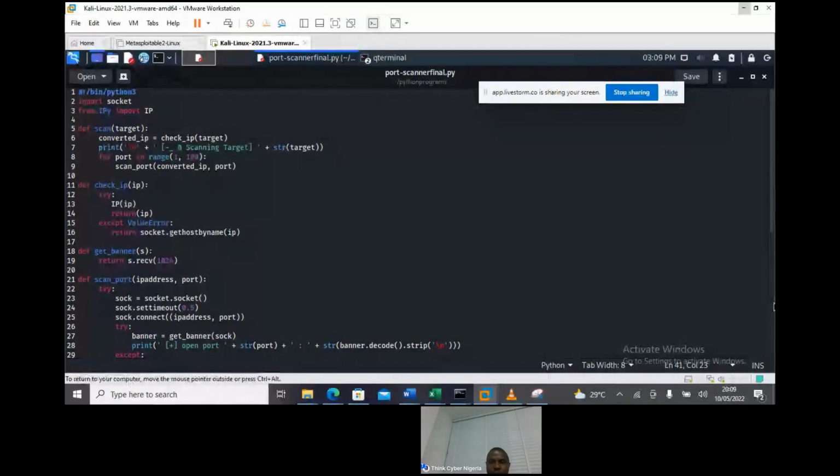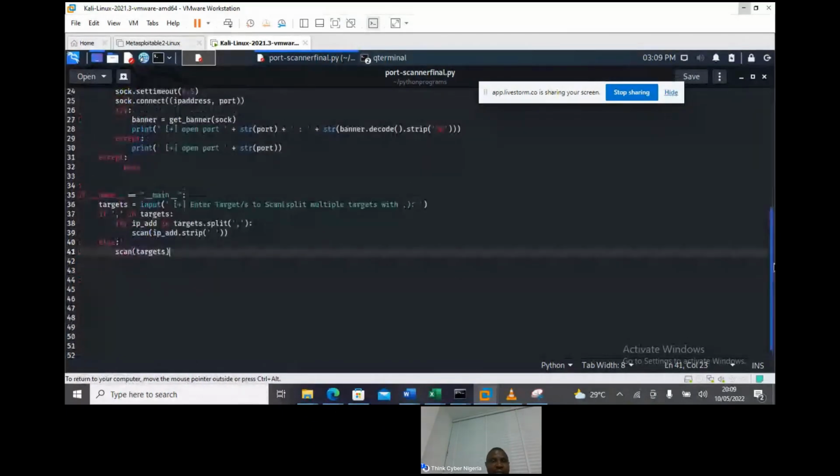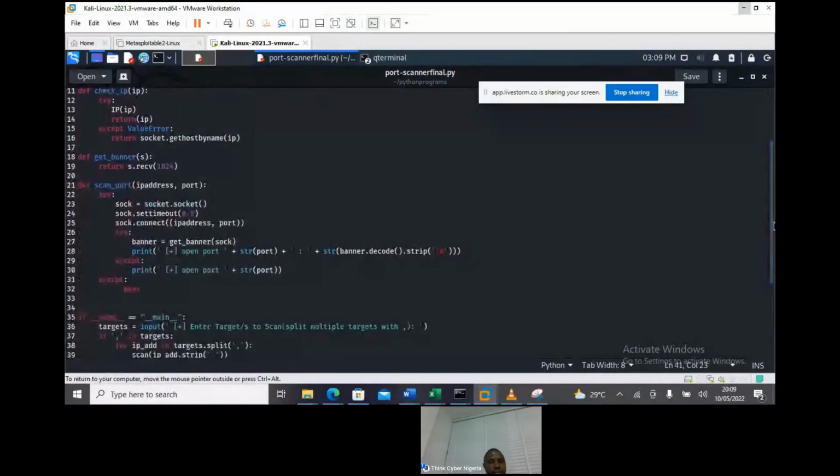So this is where the script started from. Socket.connect, we set the timeout, we set the connection itself, socket.socket. So we looked at this, then we try to get the banner, so that when it gets the banner, it prints out the banner, except it prints out open ports only. If it doesn't get that, it passes.